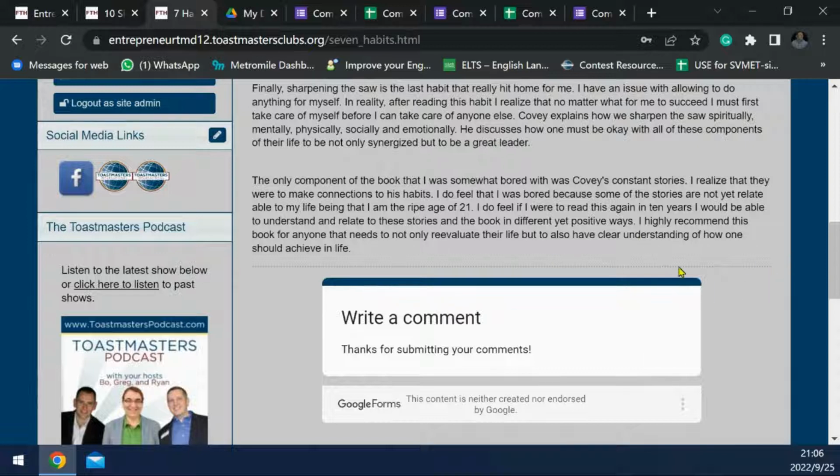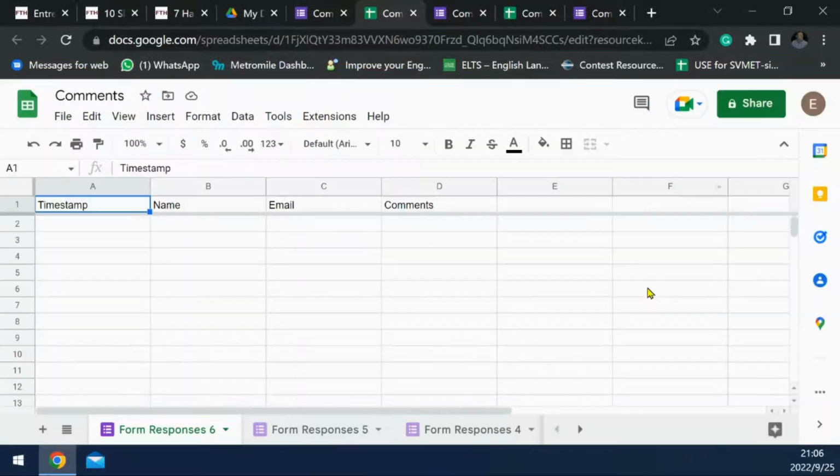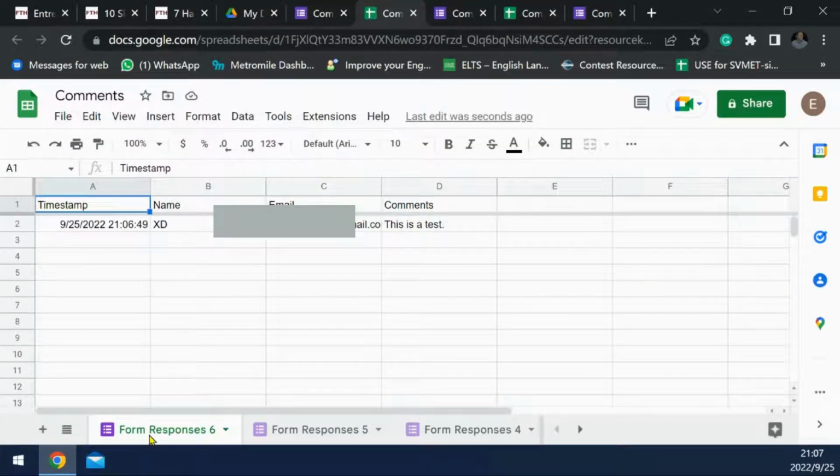Here it is. Okay, let's go back to our spreadsheet. See, form responses number 6 already has one entry right here with the email address, and this is a test right here. What do you do? Of course, this is a free service. We are not getting everything automatically processed. Once you have info here, you have to copy these comments and paste them right here underneath this